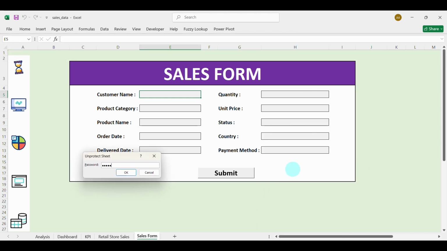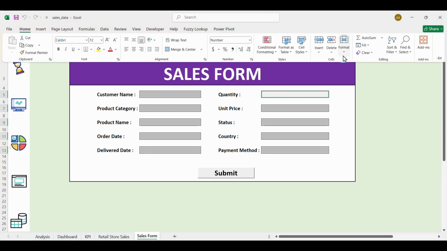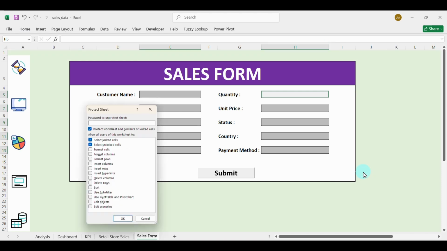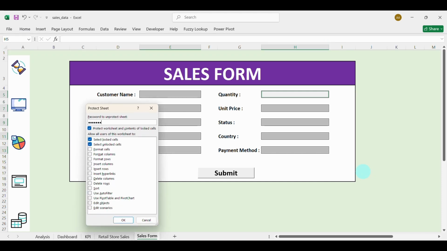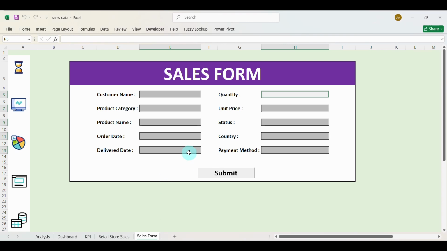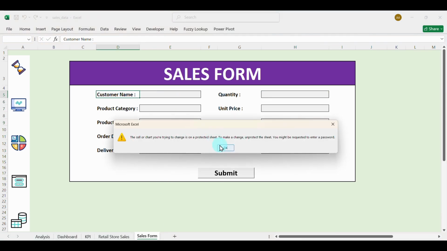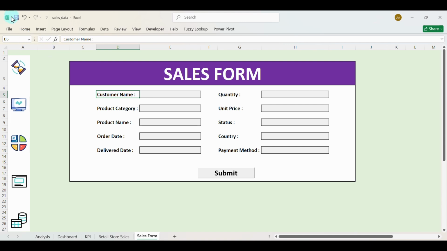Sorry, it's not working. I should have done it the first time. I don't know how it works. But let's do it again. Let's just control everything fast, fast, fast. Let's lock it and protect it. Okay. Okay, now it's going to work. Definitely it's going to work. Okay, but it is protected. So